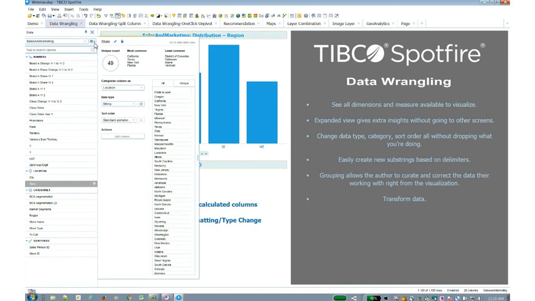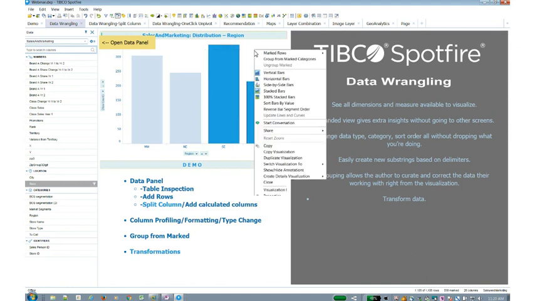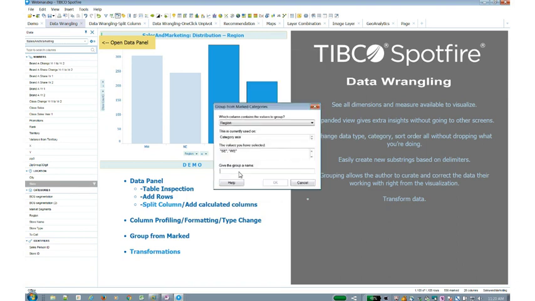One of the other things that you can do is, for example, as you're interacting with the data, you can then decide to either group information, or maybe you found some kind of misspelling, or you want to reassign a label. Anywhere in any visualization, you have the ability to mark information and then group simply by right-clicking, do a group for mark and saying, this is mine, or group A, or whatever you want to give as that label.